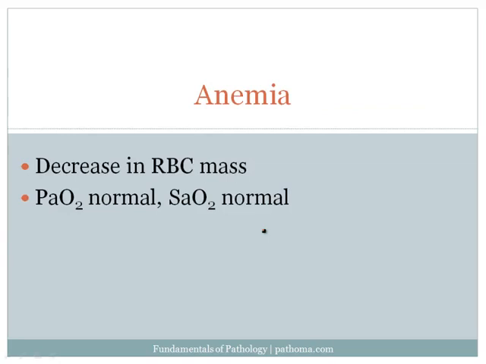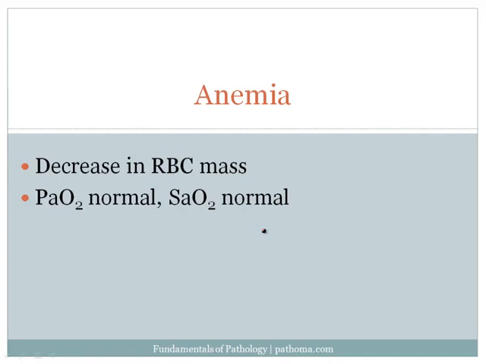Let's just give you a few examples of that to highlight this idea, and because this is one of the few places we'll get to discuss this principle. One example of a decreased O2 carrying capacity of the blood would be anemia. Remember that anemia refers to a decrease in the total red blood cell mass in the body. And when there's a decrease in red blood cell mass, there's going to be a decrease in the amount of oxygen being carried in the blood. And therefore, if there's a decrease in the amount of oxygen being carried in the blood, there's obviously going to be a decrease in the amount of oxygen going to the tissues,